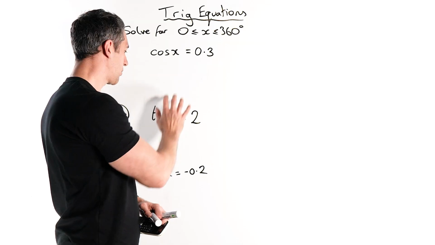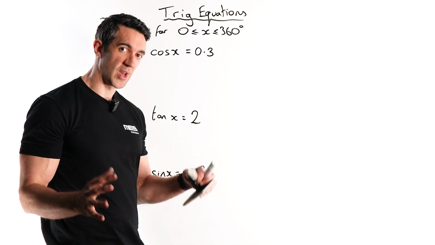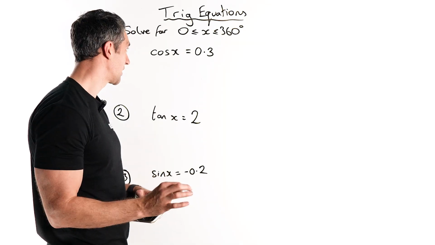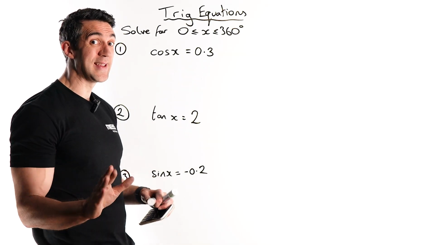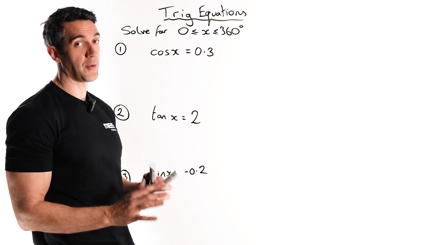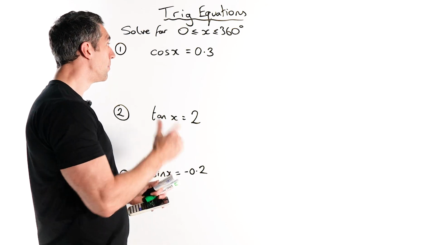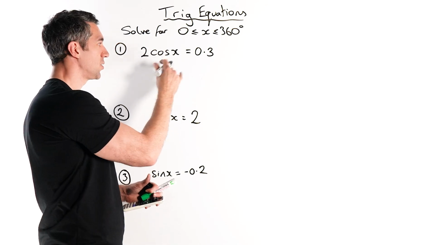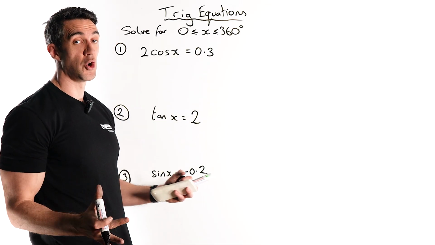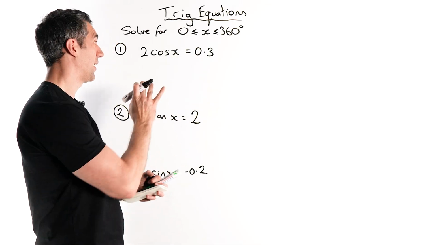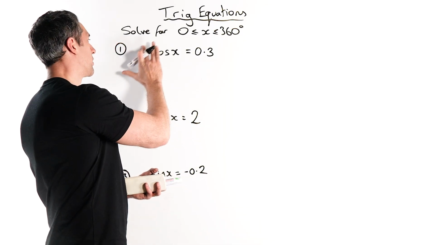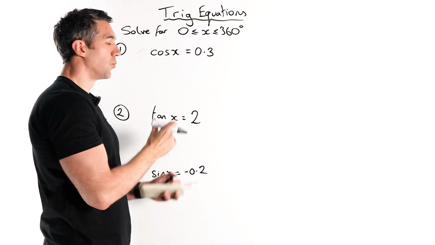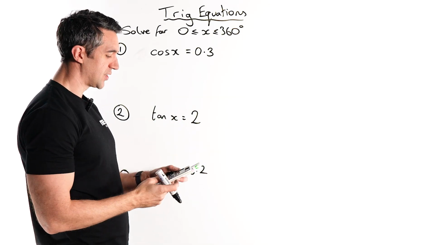So we've got a cos equation, a tan equation, and a sine equation, so we get a chance to practice each of those skills. So cos x equals 0.3 is already in the form we need it so that we can type something into our calculator, okay? Remember, if we have a number in front, so if I had something like 2 cos x equals 0.3, it's not ready to type into my calculator. I would have to then do some rearranging, in this case, divide by 2, okay? But without that 2 there, we have cos x equals 0.3, so we go straight into our calculator